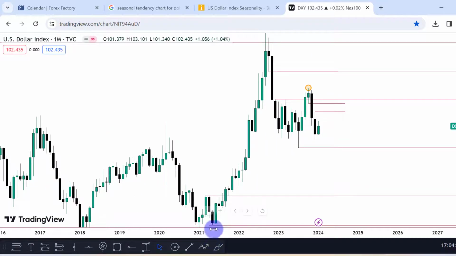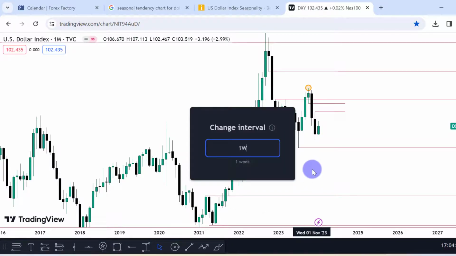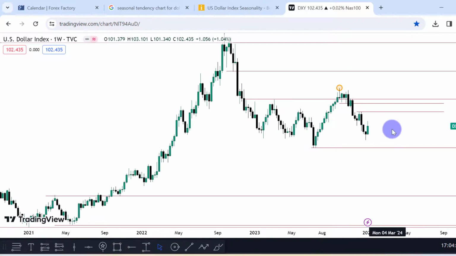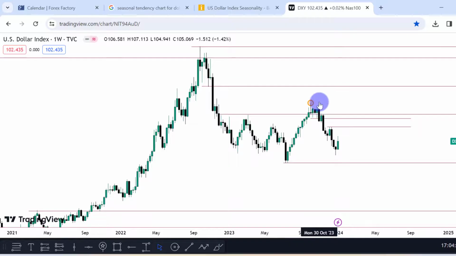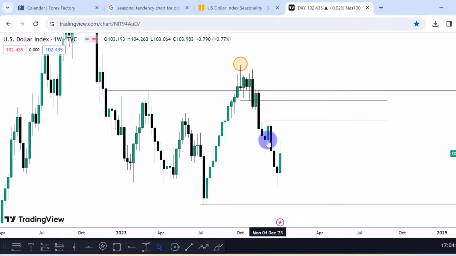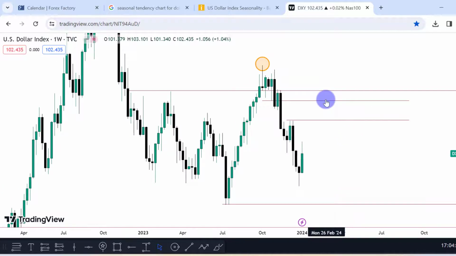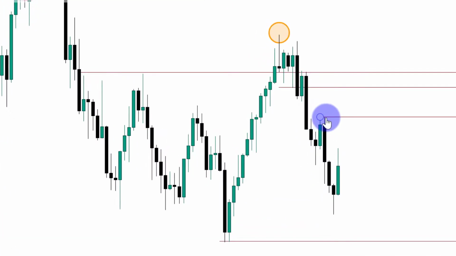Okay, so let's go down to the weekly time frame for us to have a better understanding. So on the weekly time frame, what do you see? I see that the dollar started to run, forming lower low, lower high, lower low, lower high. All right, I can see that there's a bearish order block here, but we are looking at that monthly time frame IOFED, and it makes sense because there is an equal high around this level right here on the weekly time frame. You see that equal high? I would like to see price action take out the equal high, trade into that IOFED, possibly trade into that bearish order block of the weekly time frame.